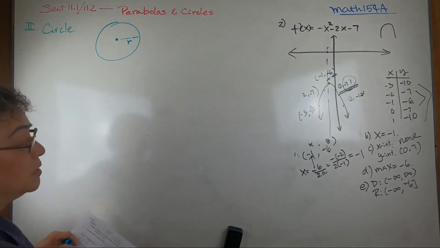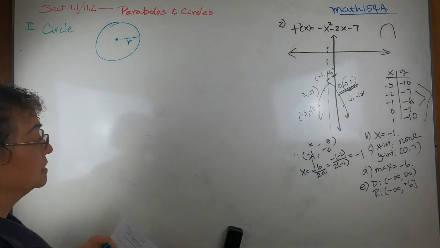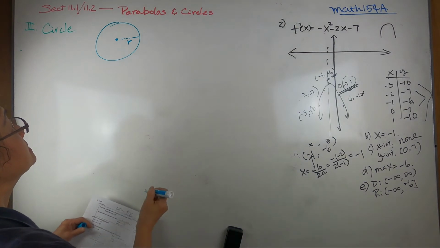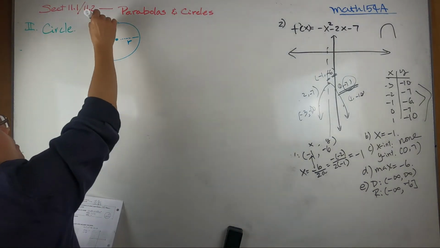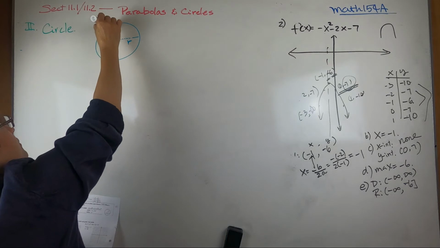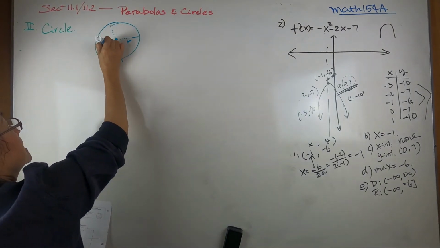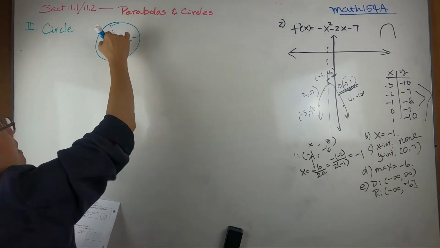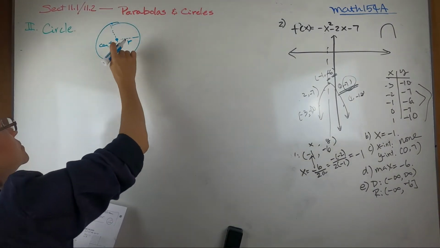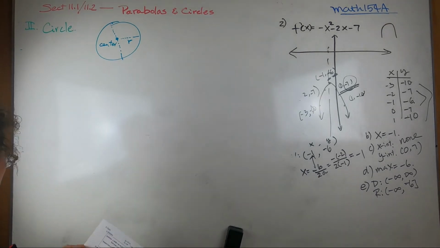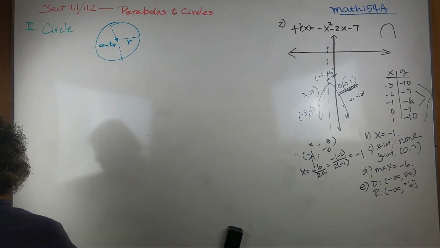This one will be the radius. And the whole thing, if it crosses the center, in the middle we call it the center, right? Then if you cross over from side to side, we call it a diameter. So,